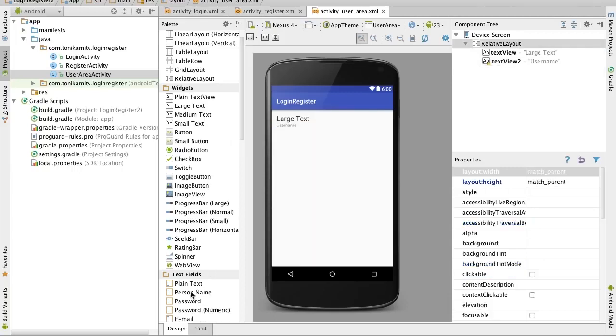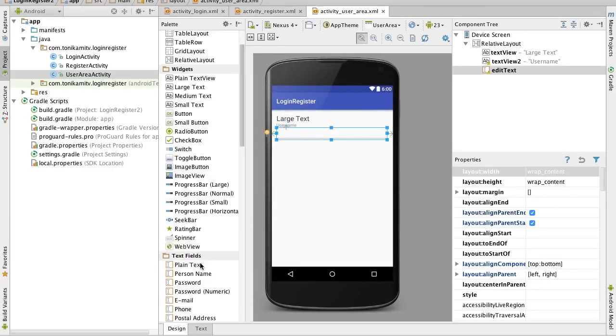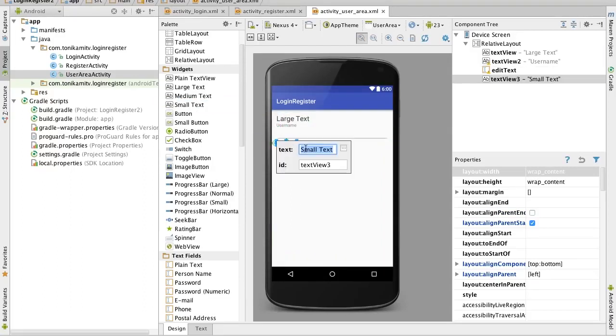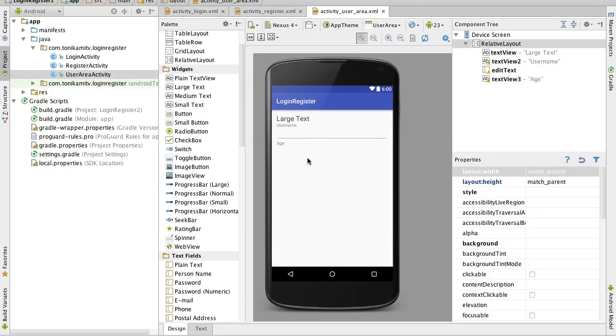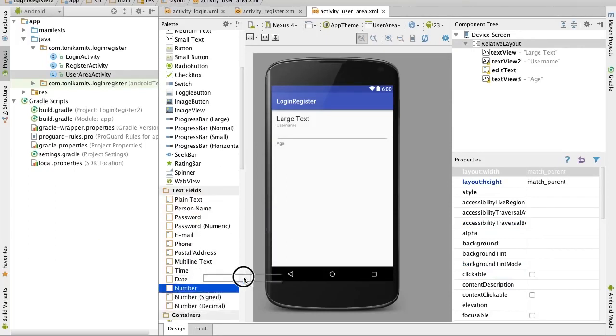And now we need to drag a plain text field under that, because this is where the username will be displayed. So just drag that over. The second thing we're going to display to the user is their age, so same thing again, we drag a small text there to show that this is an age field, and then finally we drag a number field into there